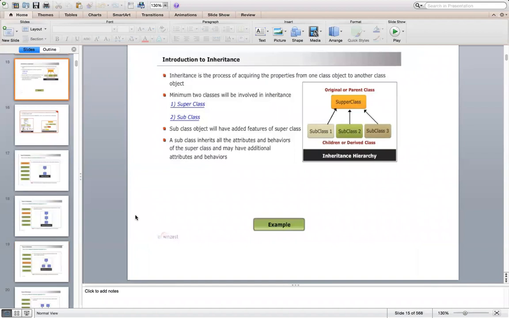That is inheritance. Inheritance is considered to be the pillar of object orientation. If there is no inheritance in a programming language, then it is called an object based language. That much importance was given to inheritance. There were object based languages like JavaScript and Visual Basic, where there was no inheritance.